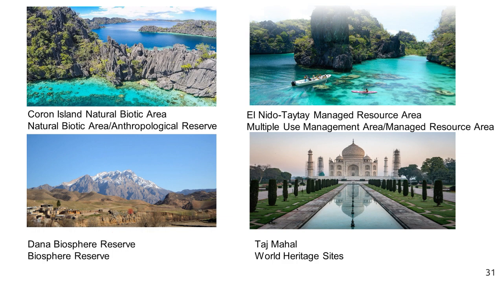So, next one is the category 9 or the Biosphere Reserve. So, example natin dyan is the Dana Biosphere Reserve. So, sino ba si Dana Biosphere Reserve? So, basically, it is Jordan's largest nature reserve, which is spectacular for its mountains and valleys. Okay? And then, it is also being recognized by UNESCO as the large representation of